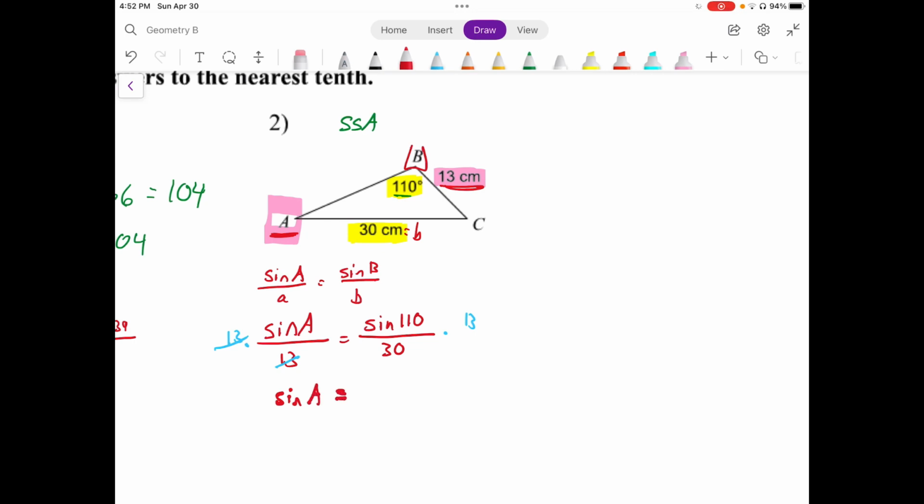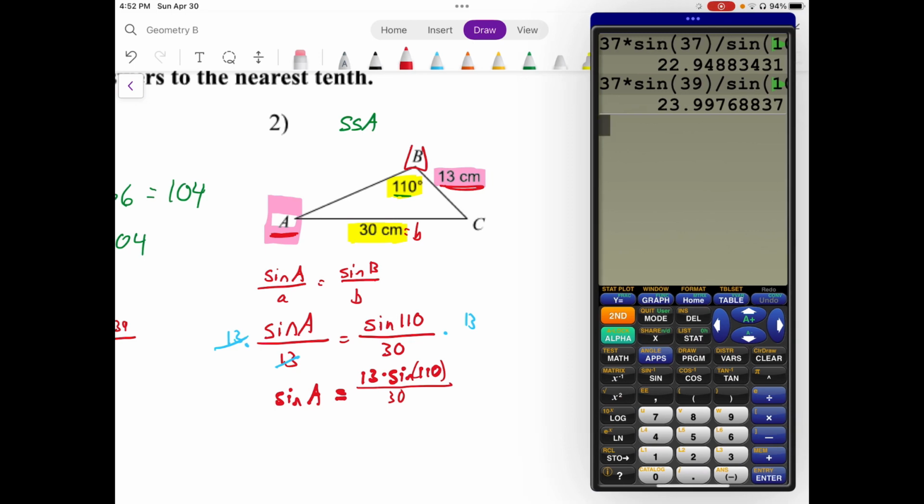equals, and I'm actually going to put this 13 up front, so 13 times the sine of 110. And I'm going to put that in parentheses so we don't forget to do that, over 30. So we can put this in our calculator. 13 times the sine of 110, close the parentheses, divided by 30. And we get that the sine of A is equal to